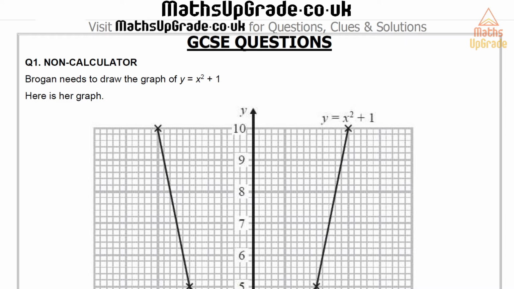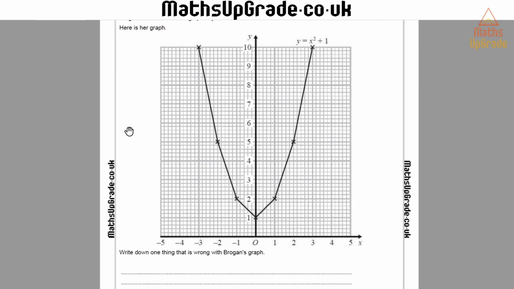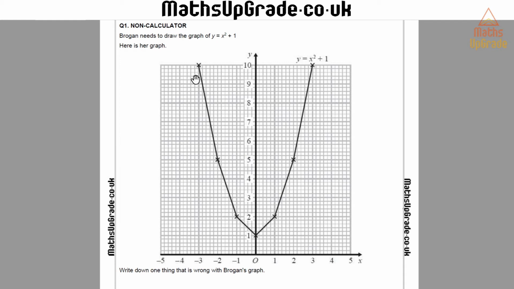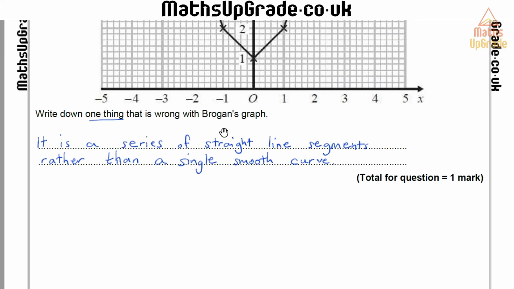In the first question, which is worth just 1 mark, we see here Brogan's graph of y equals x squared plus 1. We're asked to write down one thing that's wrong with our graph. So you can see that x squared plus 1, the values where the points are plotted look absolutely fine, but it's just this bottom part here. All of this line should be a nice smooth curve. At the moment it's just a series of straight line segments, so that's what my answer would be here. I just put it's a series of straight line segments rather than a single smooth curve,